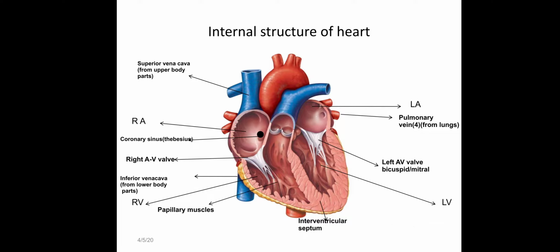Okay, now see, when we look at the ventricles and the auricles, the ventricles have thicker and muscular walls, plus the wall is also very wavy. The walls of the ventricles are wavy because of the presence of the papillary muscles. Presence of papillary muscles in both ventricles makes the wall wavy.